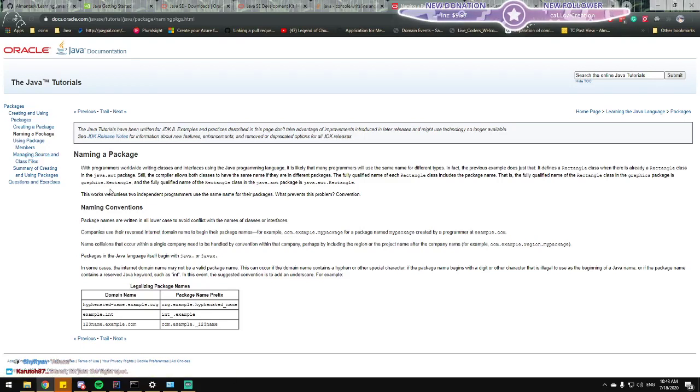With programmers worldwide writing classes and interfaces using the Java programming language, many programmers use the same name for different types. In fact, the previous example does just that. It defines a rectangle class when there is already a rectangle class in the java.awt package. Still, the compiler allows both classes.